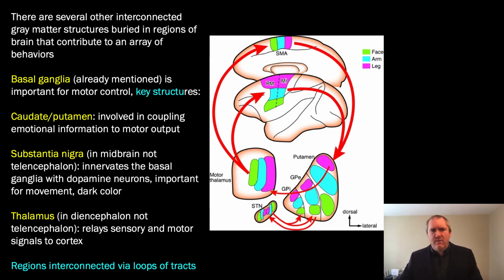The cognitive cortical subcortical loops that I demonstrated in the last lecture are basically the basal ganglia. It's the basal ganglia interacting with the cortex in these cortical subcortical loops, or basal ganglia cortical loop, if you will. This is very important in motor control and the development of habitual motor sequences.